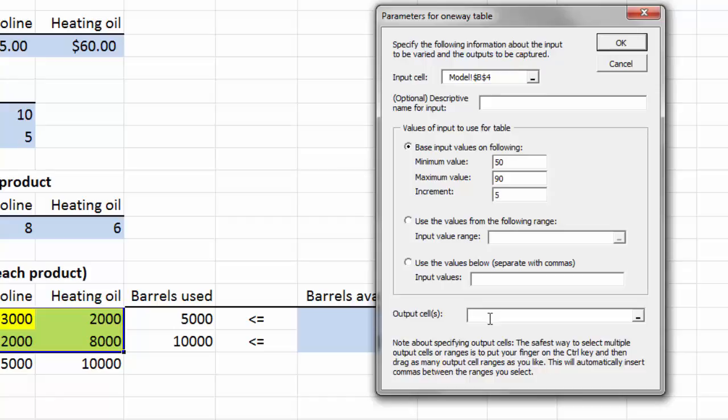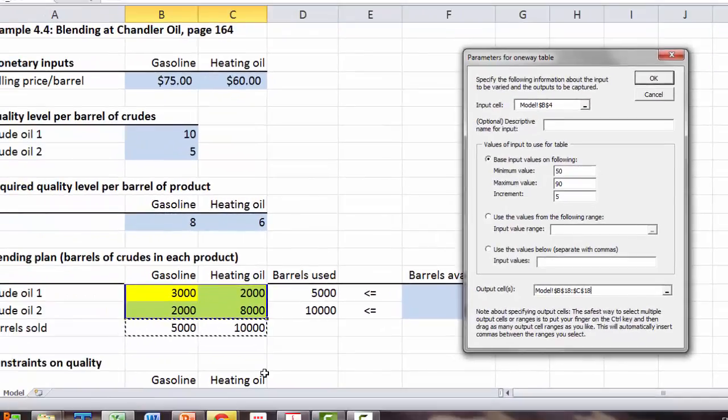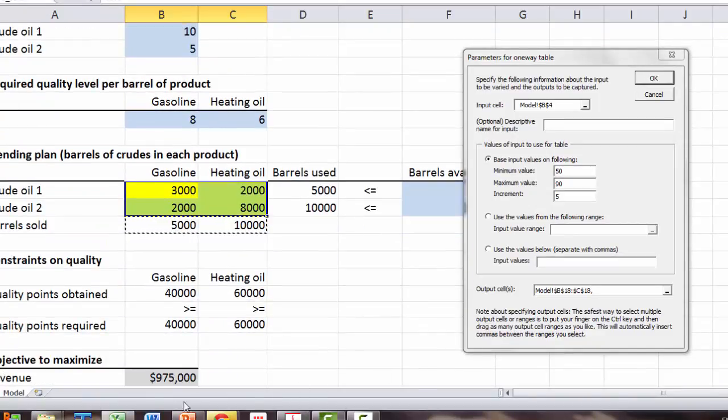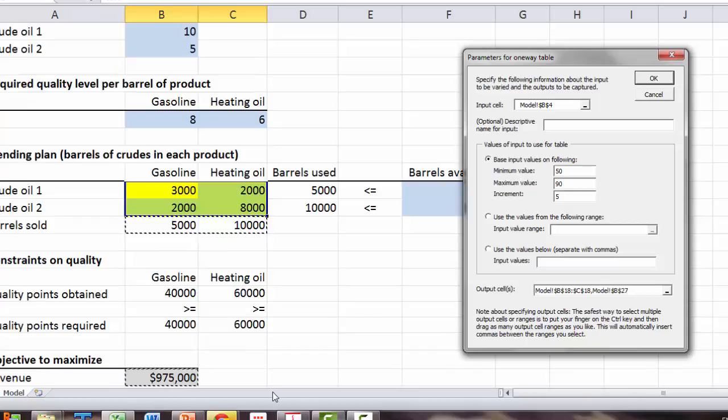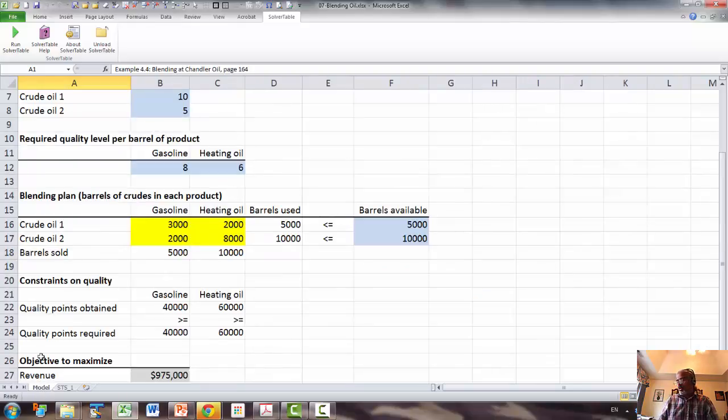and we want barrels sold of the two products, gasoline and heating oil, and control click revenue. So here, as the price per gasoline increases, then you produce more of gasoline and less of heating oil. Okay. Let's do one more sensitivity analysis, and that is